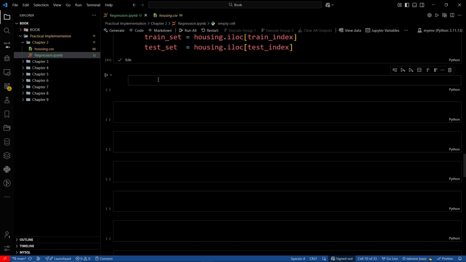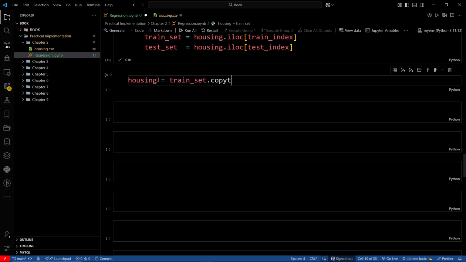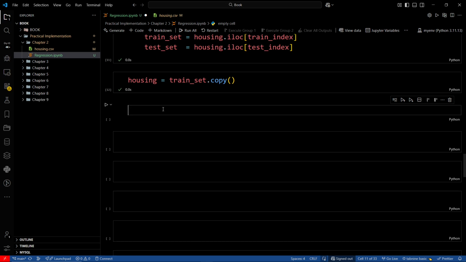Before moving to the exploring, I want to make a copy of my data. My train set dot copy. Okay, it is done. Now I want to make a scatter plot,